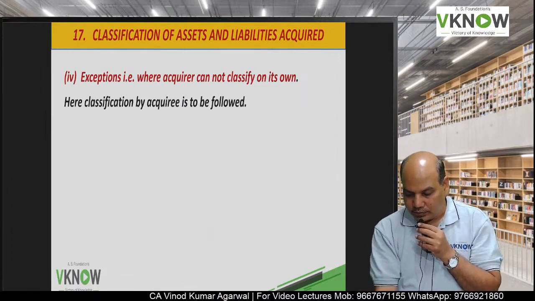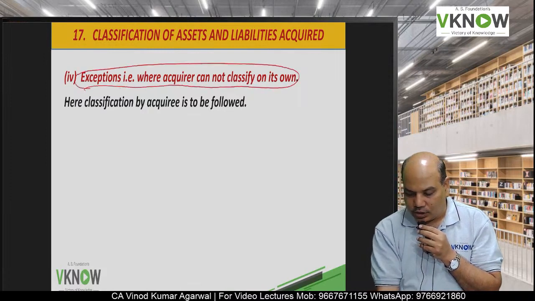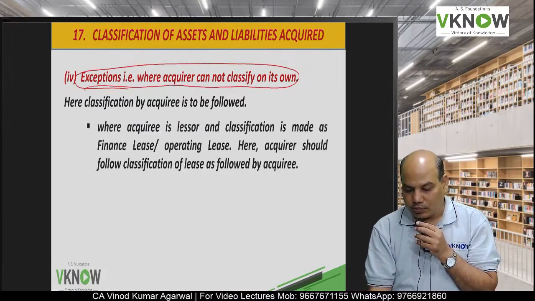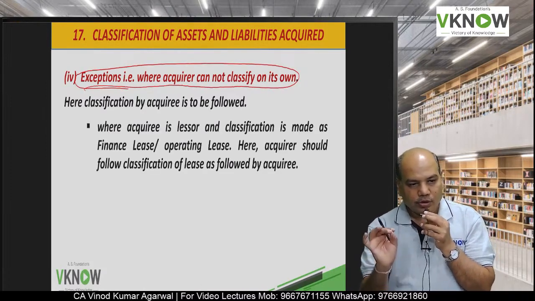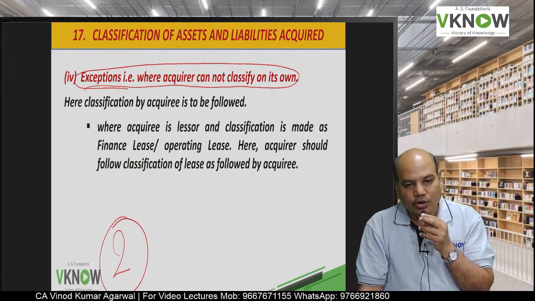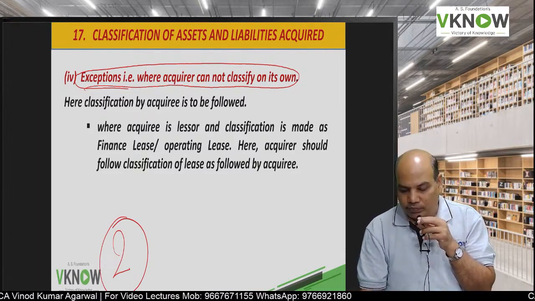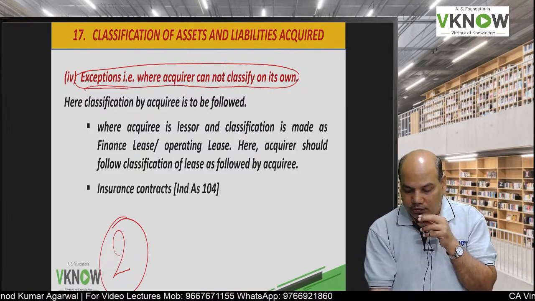Next exception, where acquirer cannot classify on its own. Now here you have to keep in mind, they have given two situations in which you cannot change the classification. Which are these two exceptions? The exception number one is